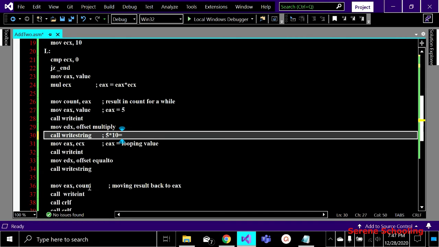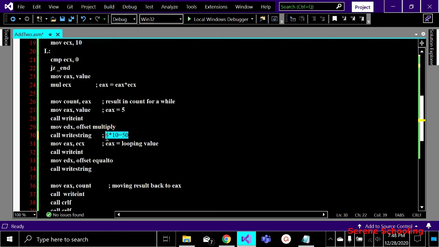And next, we know that we have to now display the result on the screen, and my result previously was in EAX, then we moved it for a while into count. So in order to display on the screen we cannot use the count variable or any other register, we just have to use EAX in case of integers, right? So for that I'm moving that count value again into EAX, and then by this statement the result gets printed on the screen. That is, we have achieved this result by now, okay, in the first iteration.